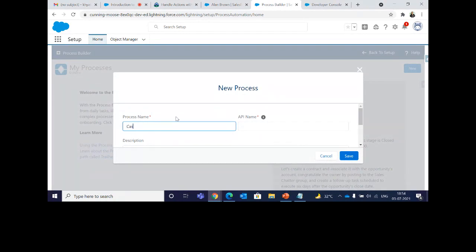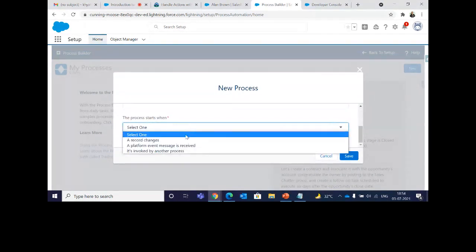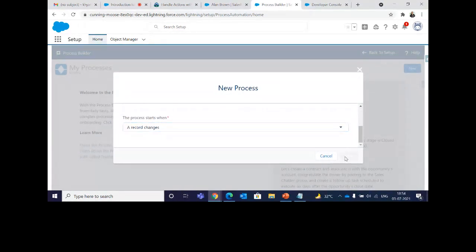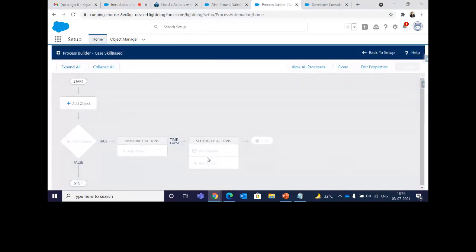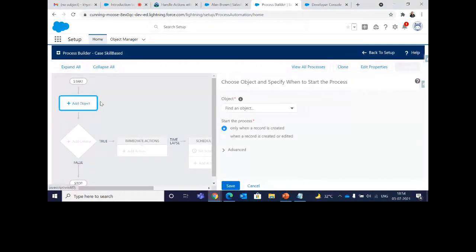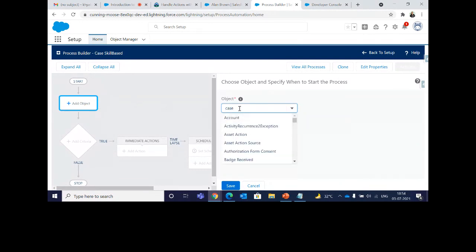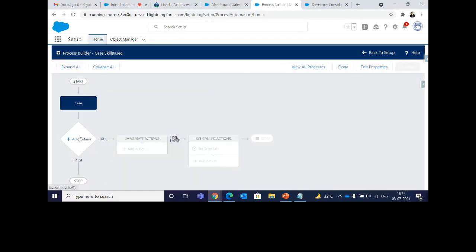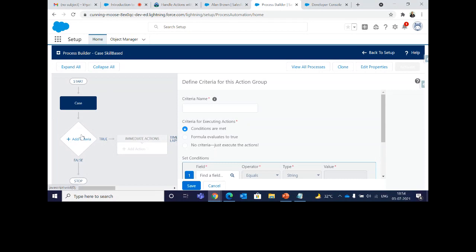I'll write case, give any name, skill based, select the process as record changes, and click on save. Give the object as case, as I have selected this object in the service channel. Click on save. Now we need to give a criteria.